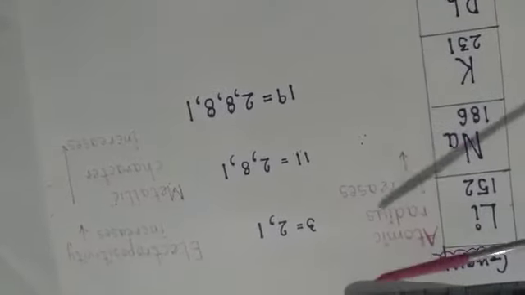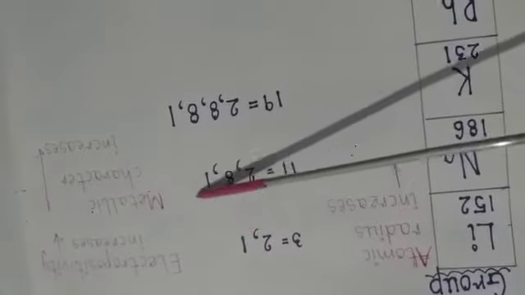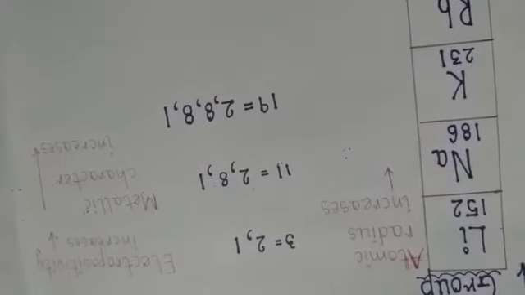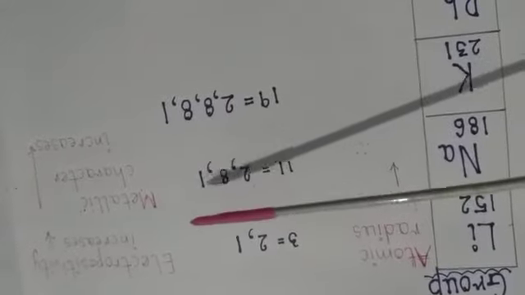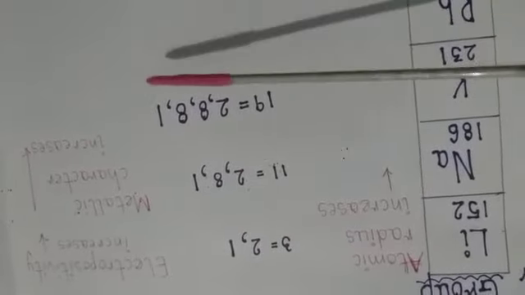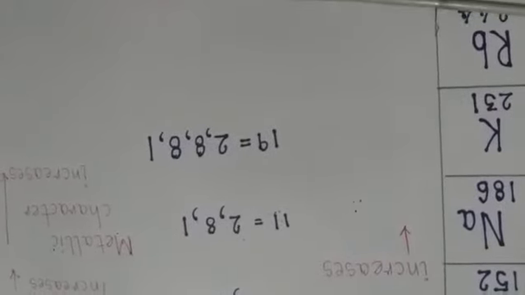So this one electron can be given away very easily from potassium as compared to lithium. So potassium is more reactive. So as you go down the group from top to bottom, the electropositivity increases. That is the tendency to donate electrons. So the metallic character increases as you go from top to bottom. And vice versa, the tendency to donate electrons is there, not to gain electrons. So electronegativity will decrease and the non-metallic character will naturally decrease.